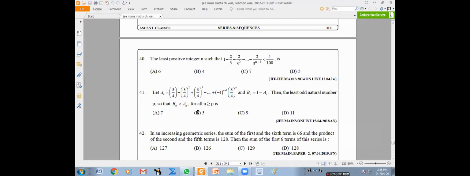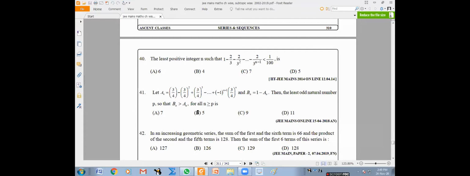Okay. Anyway, the first term is one common. Including one, they are not in GP, right? Excluding one, they are in GP. Am I right? Yes, sir. So you take one. After that, the common ratio is plus 1 by 3. Okay. And up to n minus 1 they want. So the number of terms is n minus 1.